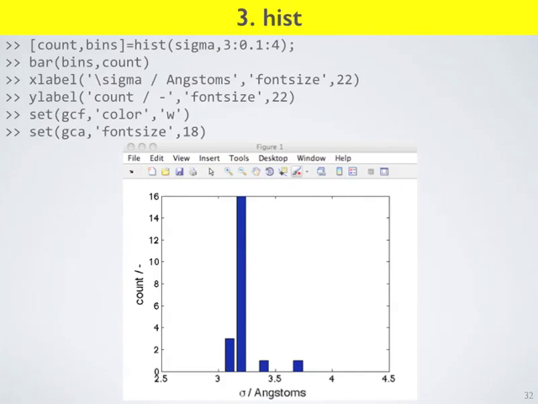Histograms, something we do all the time, is make histograms. This comes through the hist command. So you're making a histogram. This is your data. We're making a histogram of sigma data, and these are my bins. The bins are going to go from 3 to 4 in increments of 0.1. The output of this command is going to be the count in every bin and the bins themselves, which you can then pass to the bar command to make a nice bar plot. So pretty easy. The hist command does a histogram in just one line. Bar makes a plot of your histogram in just one line.